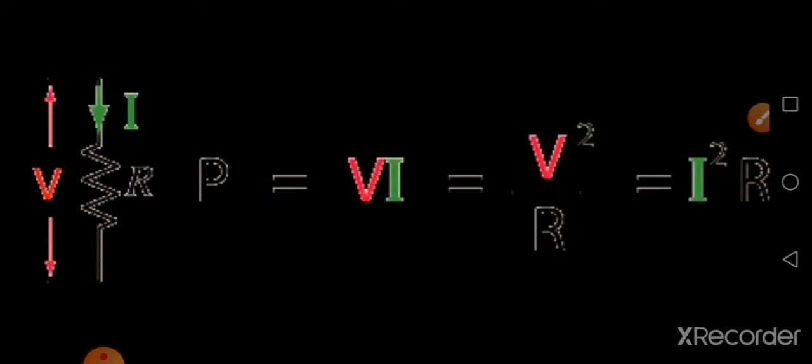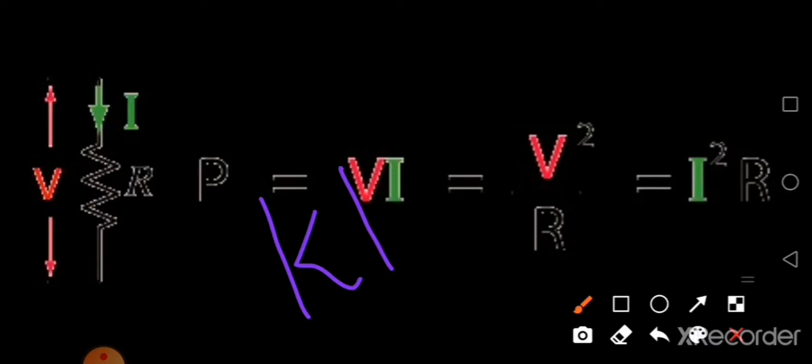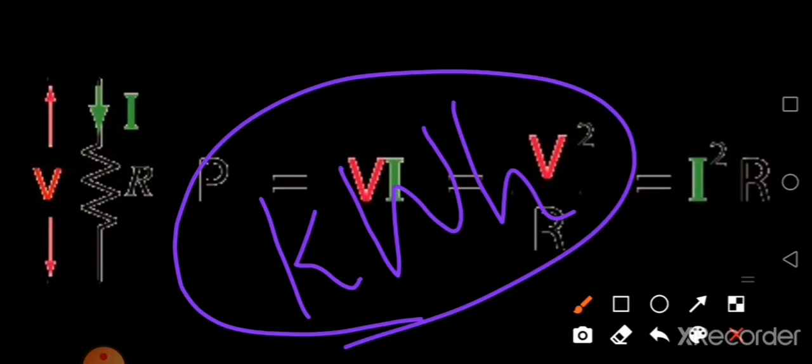Now this watt into second can be used as the unit of electrical energy, but in our daily usage we measure electrical energy in a higher unit, not in a smaller unit. You measure it in kilowatt hour. Okay, so this is the commercial unit of electrical energy. Normally by the equation it will be watt into second, but in practice we use the commercial unit kilowatt hour. Now you have watt hour also.